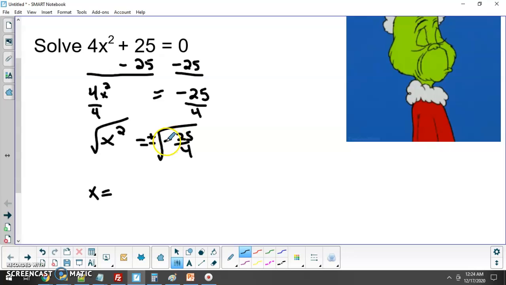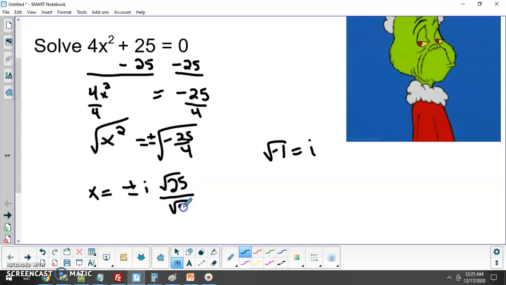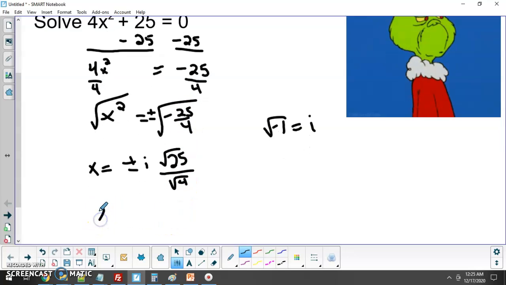Next, since there's a negative underneath the square root, remember that the square root of -1 is equal to i. So what we're going to do is pull out an i, okay? That's that negative underneath the square root. We pull it out, it becomes an i. And I'm also going to take this fraction, and I notice that these are both perfect squares, so you can split it up into the square root of the top and the square root of the bottom. And so my answer is going to be x equals plus or minus i times,